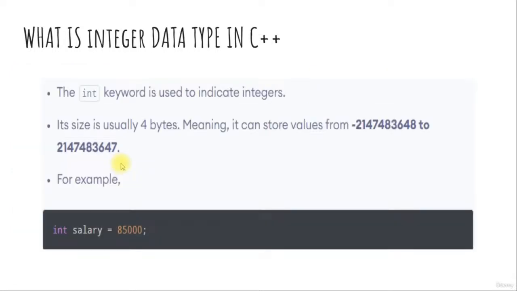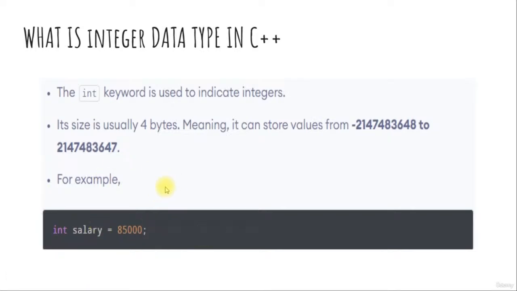As discussed in the previous slide, the syntax will be almost similar. int salary = 85000. So this is the data type, this is the variable name. You can change the name if you want, and on the right hand side of the equals symbol you have the number or the decimal point number or the exponential number that you want to store into this